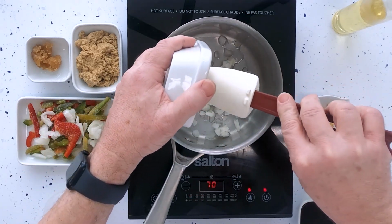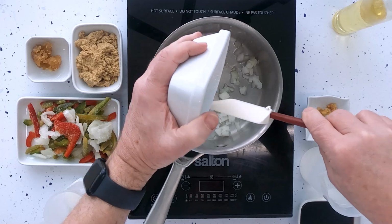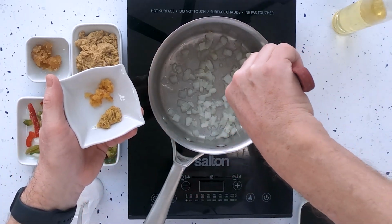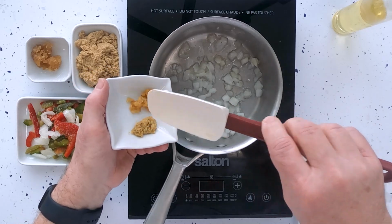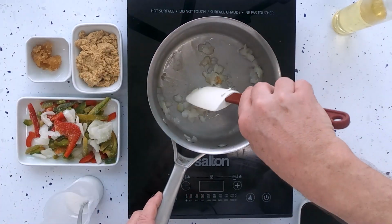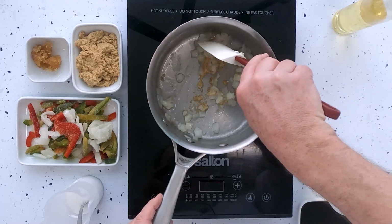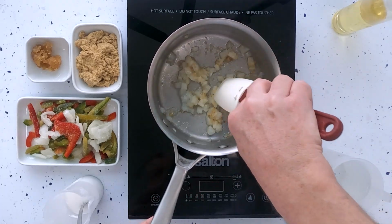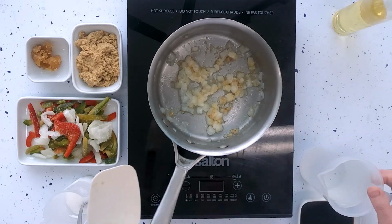We're gonna add our onion. Voila. Then we're gonna add some freshly chopped garlic, and also fresh ginger. Sweat this nicely to have a beautiful aroma. There you go. Now we're gonna add to that our water